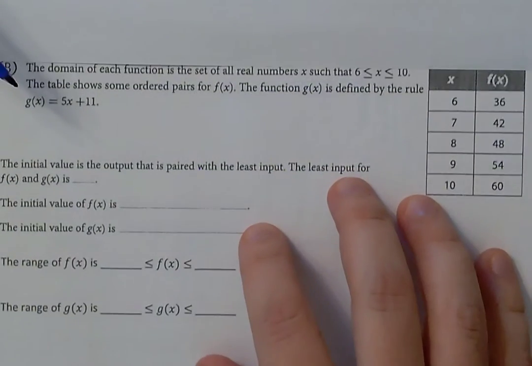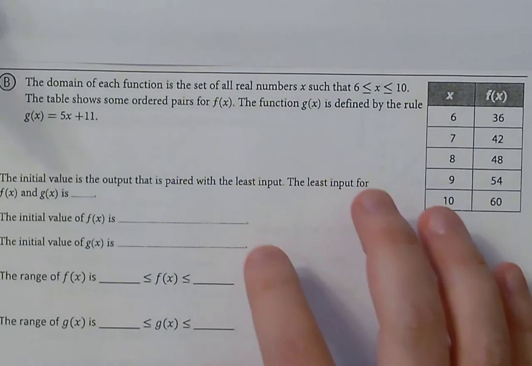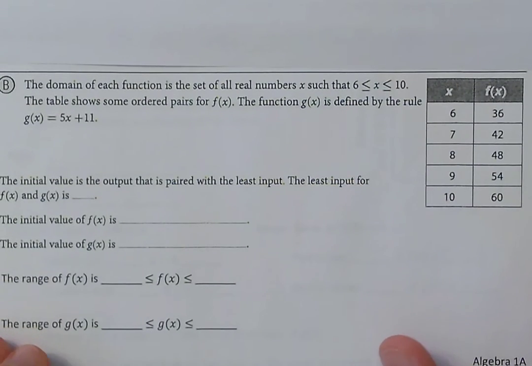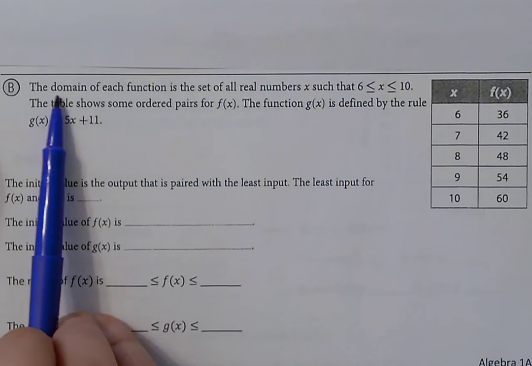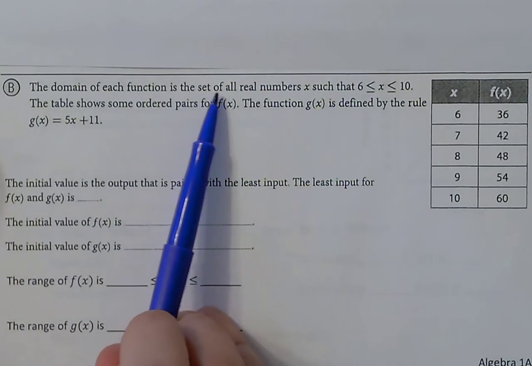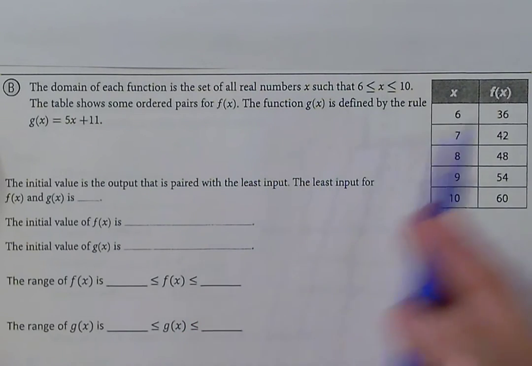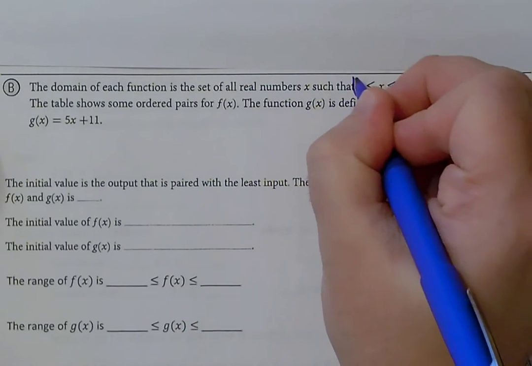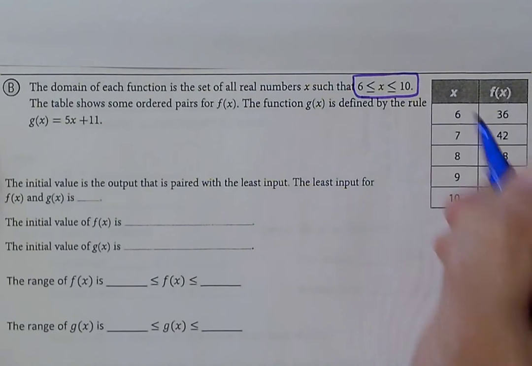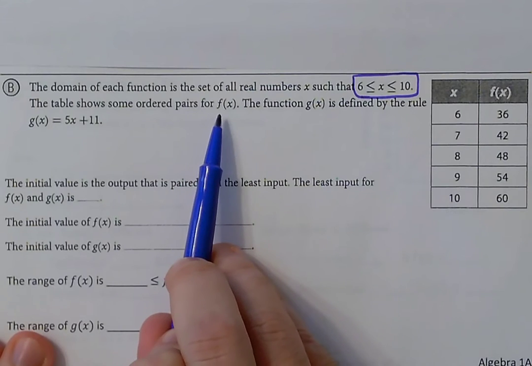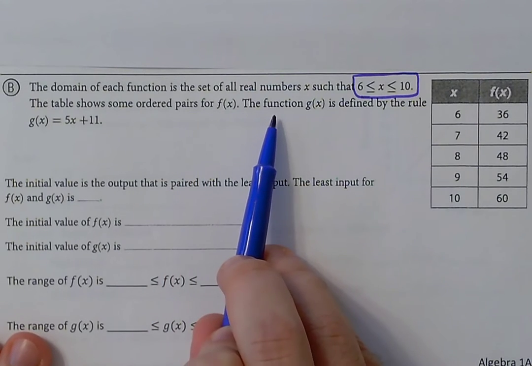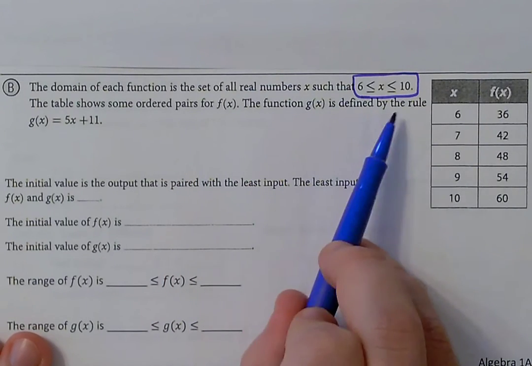All right, and I have to move that down. Okay, if we look at part B, it states the domain of each function is the set of all real numbers, x, such that 6 is less than or equal to x, which is less than or equal to 10. The table shows some ordered pairs for f of x, and the function g of x is defined by the rule